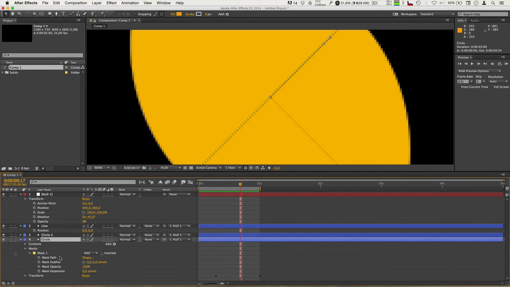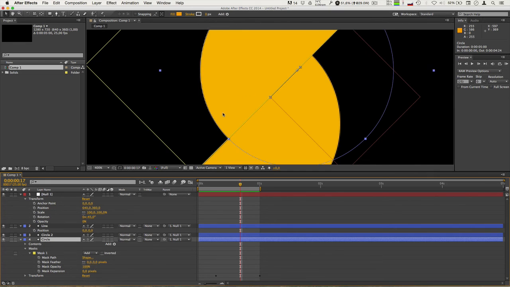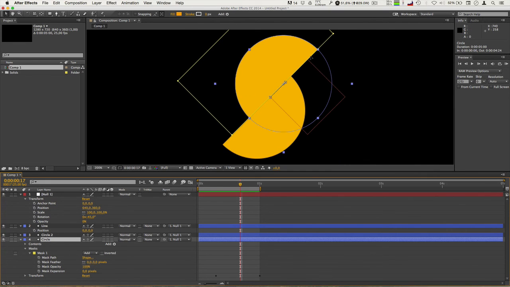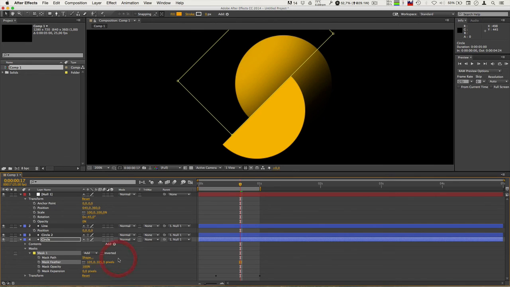And we've got a few options here for different mask properties, and one of them is called mask expansion. And this really just, zoom out again, expands the area of the mask around the shape that you've drawn. So if I just pull this value up, whoops, not that one,